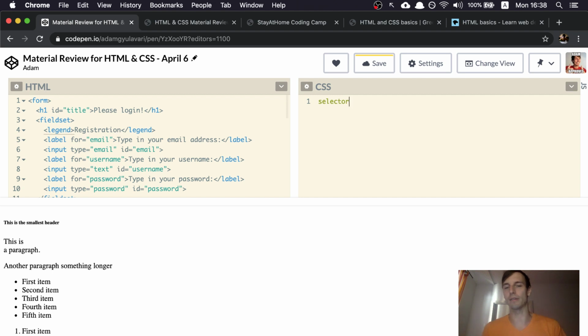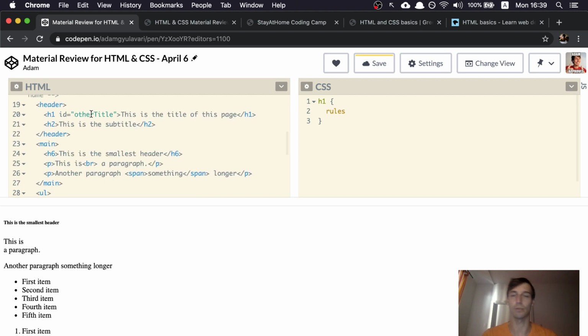We will talk about what a selector will actually look like in a moment. And then these curly braces. And then inside of the curly braces, you will have the rules that need to be applied for the selected things. So, for example, I want to say that every h1 tag, so this one and this one, should have